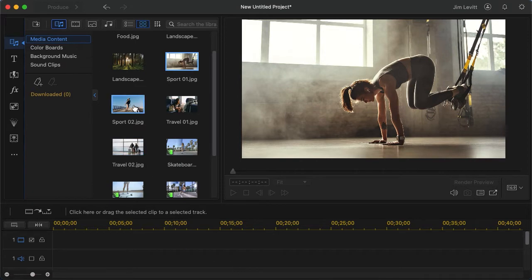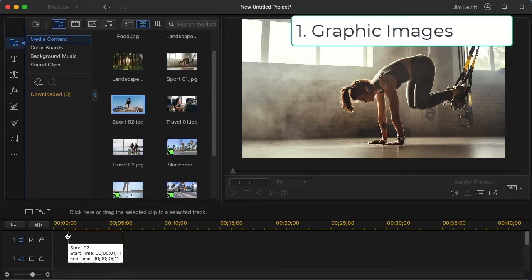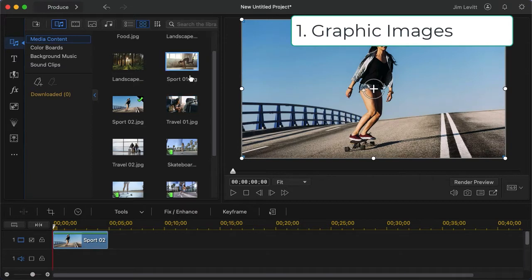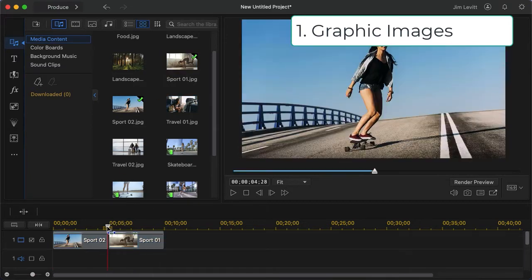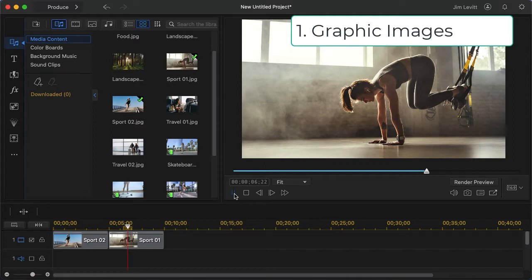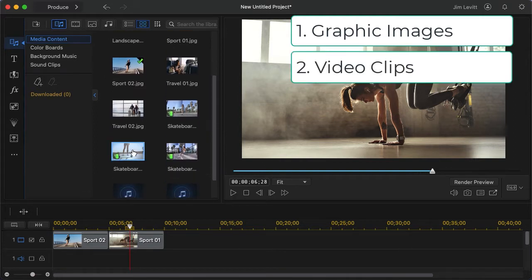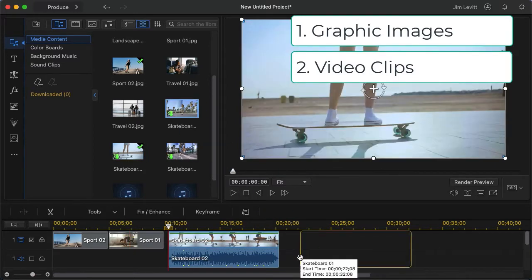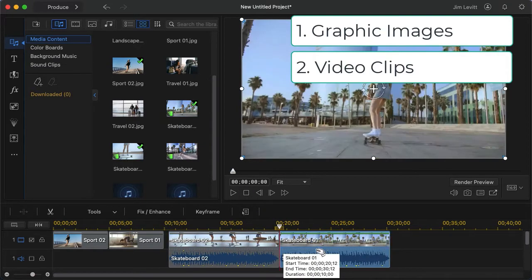We have, for example, on the screen here some graphic images, some still images, and if I put 2 of them on the screen at a time, I can actually use a transition to go from one to the other. Here we don't have any, and sometimes that's just what you want. We can also use them obviously between video clips. So if I have 2 clips of skateboarding and I want to apply a transition,